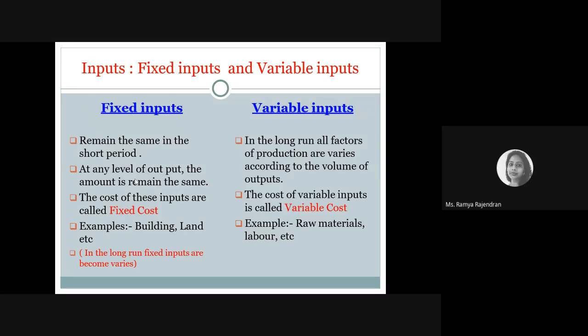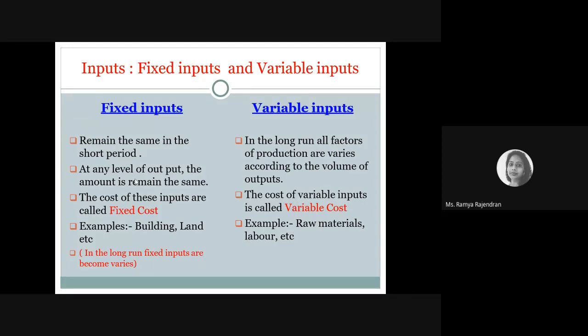The money that you have invested in the land and building, you can call that a fixed cost. Over a period of time, if you are buying a new land to open your second unit, you have to build an office as well, a factory as well. That becomes your